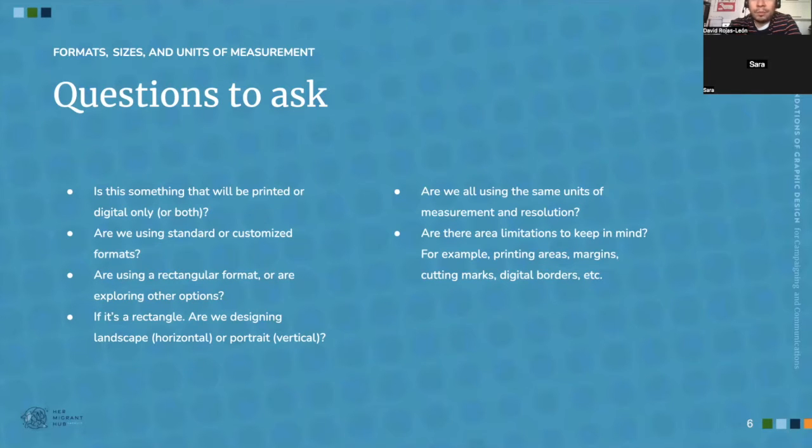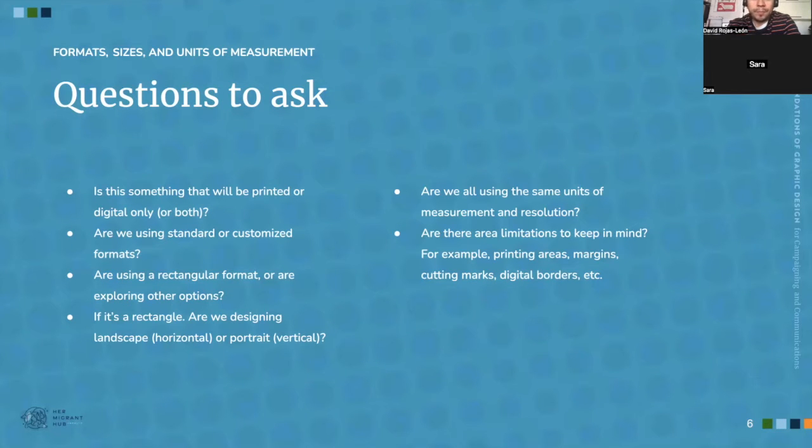This is very important because there are different considerations for the quality and production aspects of printed materials versus digital. When it comes to printed materials, you need everything to be better quality, better resolution. Ideally, work on existing standard